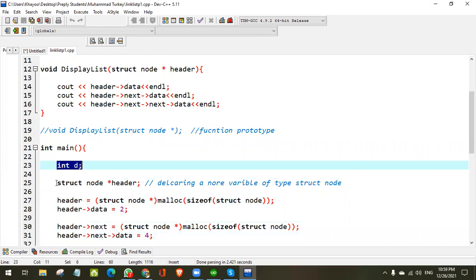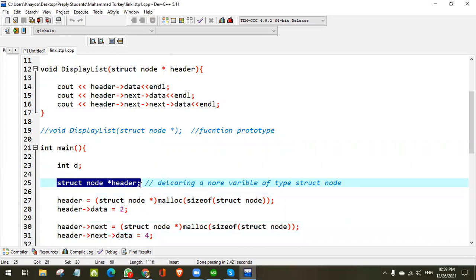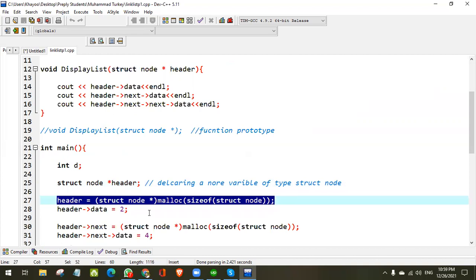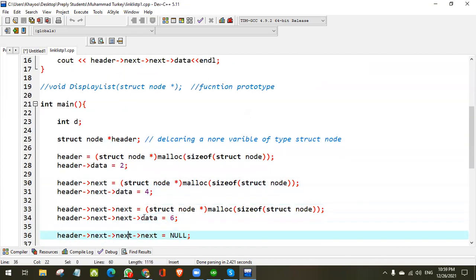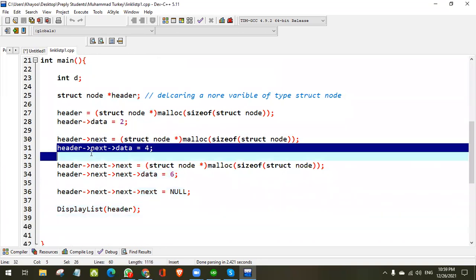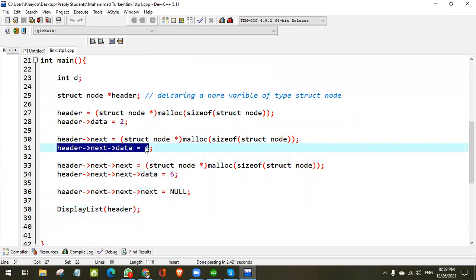This is also a special feature, that is structure definition. This is an operation which is creating that one. You can see here, this is also an operation in which we are assigning this value to this particular variable. And that is a special variable that is called a structure variable, a node variable.